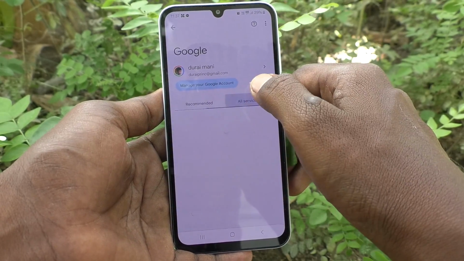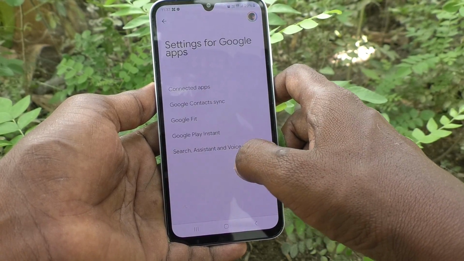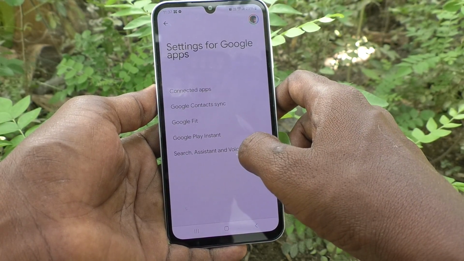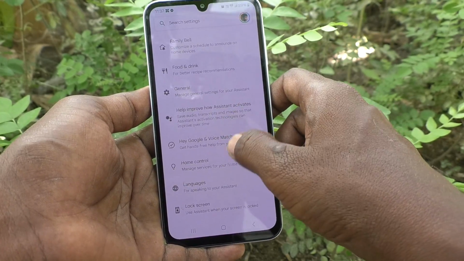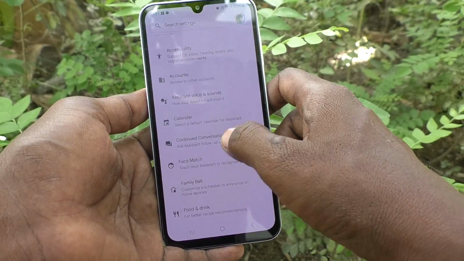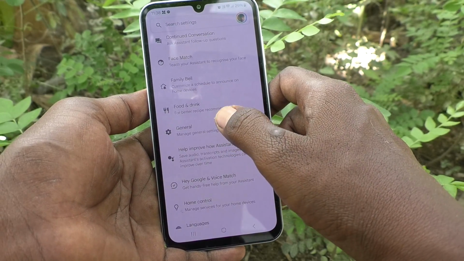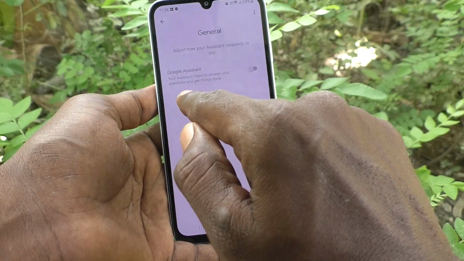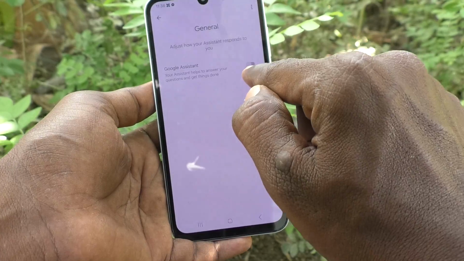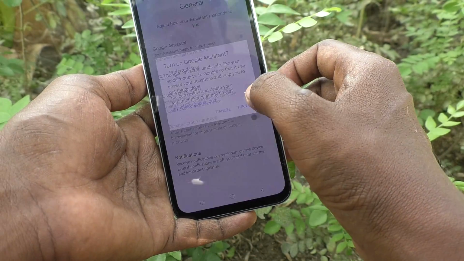Then go to all services here and here select settings for Google apps and here select search assistant and voice and here select general and here select Google Assistant. Already it is turned off. Okay, so if you want to activate Google Assistant, just turn on this button and click on turn on and